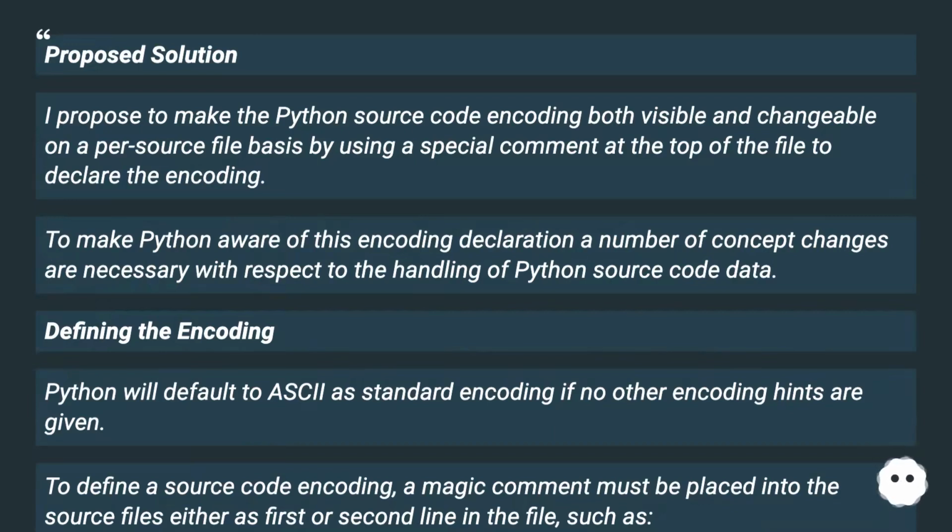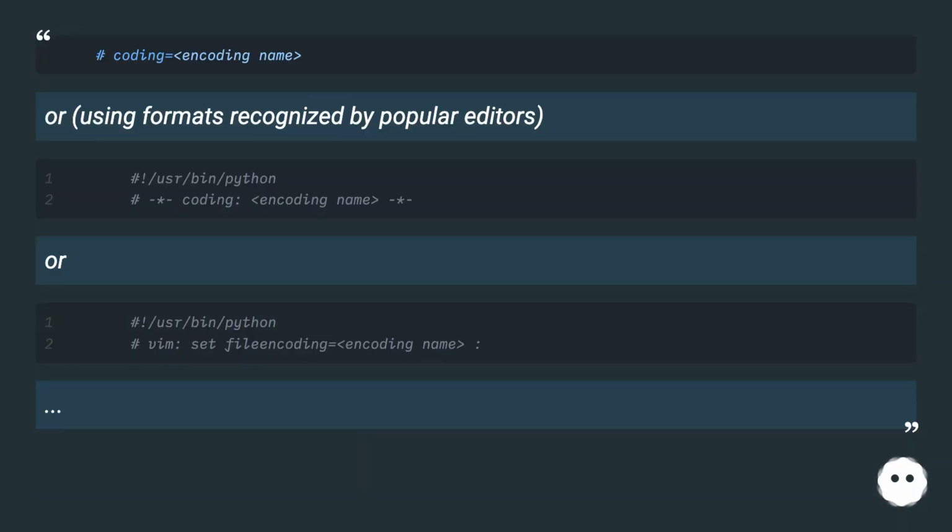Defining the encoding. Python will default to ASCII as standard encoding if no other encoding hints are given. To define a source code encoding, a magic comment must be placed into the source files either as first or second line in the file, such as, or using formats recognized by popular editors, or